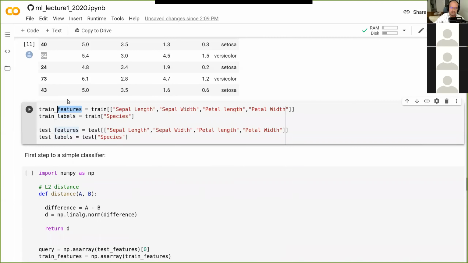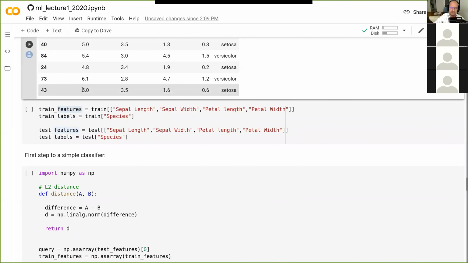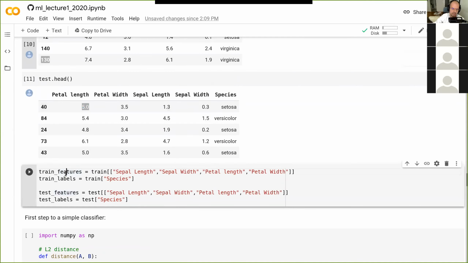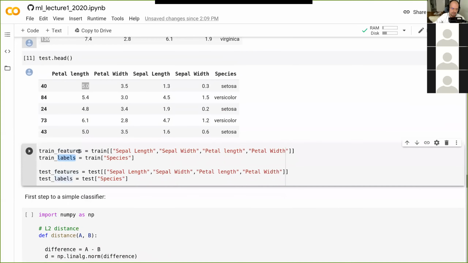So a feature is what we call our measurements that we use as input to predict something. In this case, our features would be the petal length, petal width, sepal length, and sepal width here. And labels would be what we're trying to predict with our machine learning model. And so here I'm making two objects, called train features and train labels. So the train features,